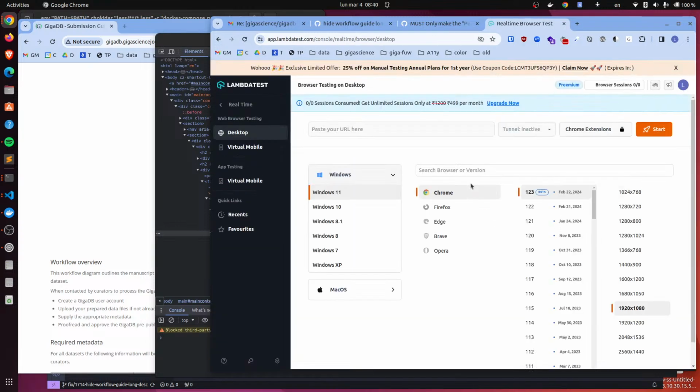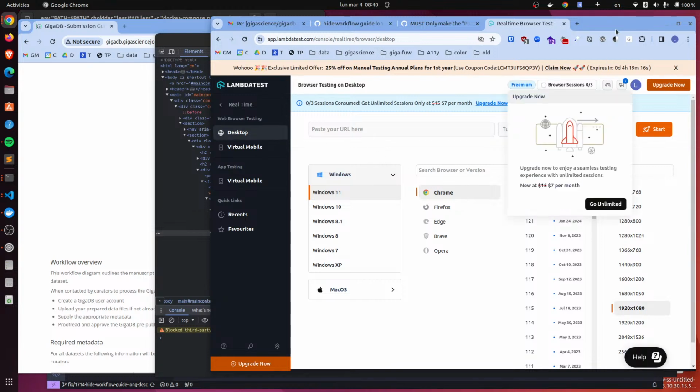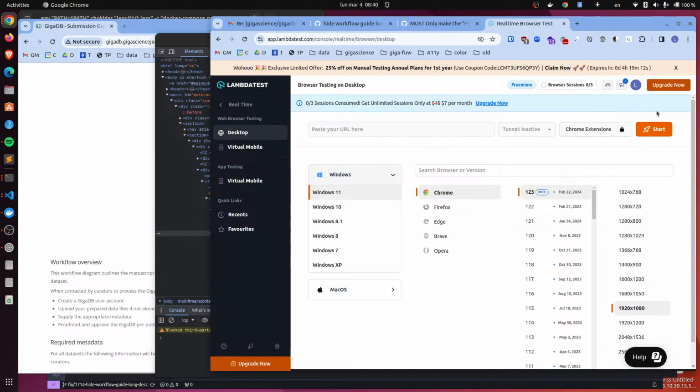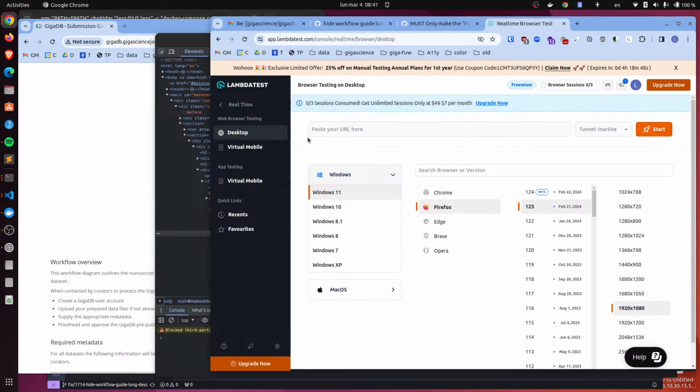Currently, next time I log in with it. So we're gonna do some. We have to enable localhost. I need to activate the tunnel.